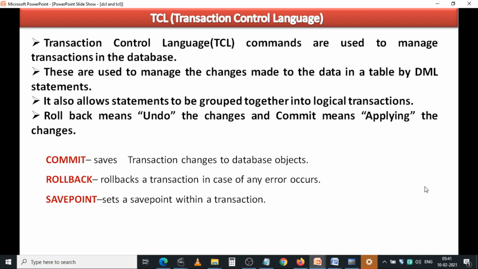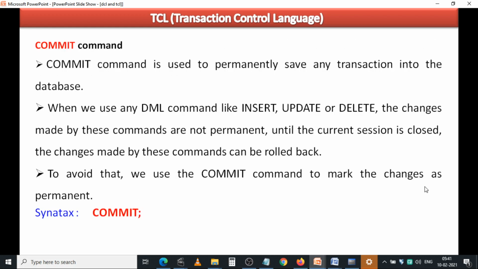If you want to cancel or undo those operations, we can use rollback. And the savepoint is used to save a transaction with the savepoint name. Okay, first coming to the commit command.